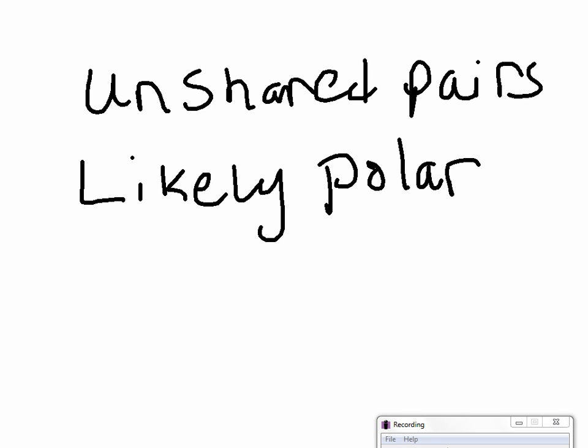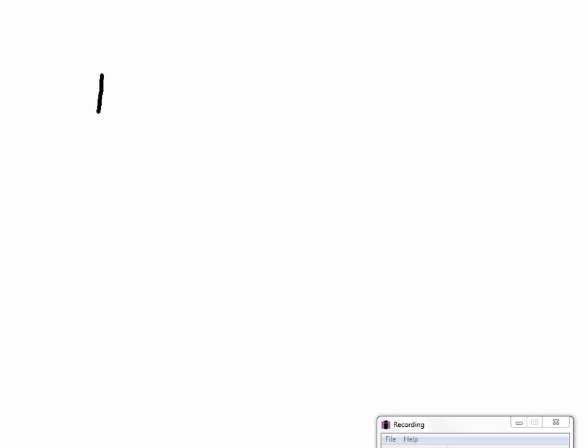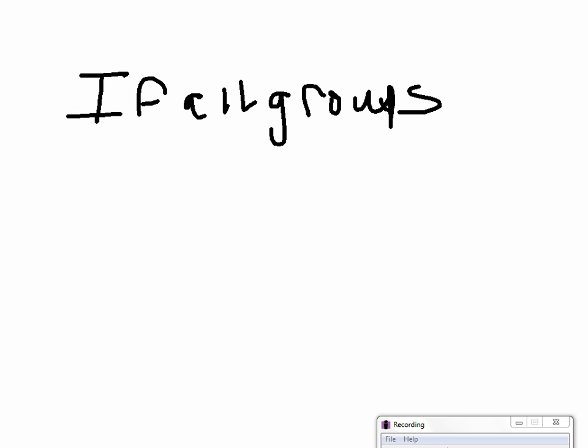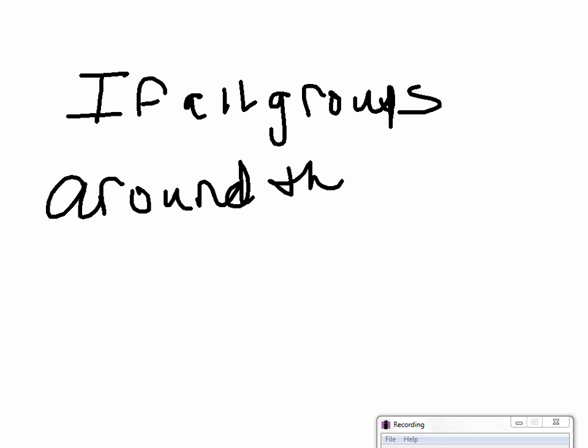Now, that's not a hard and fast rule, but that's a generality that you can look at. Another thing that you can think about, if all groups around the central atom are the same,